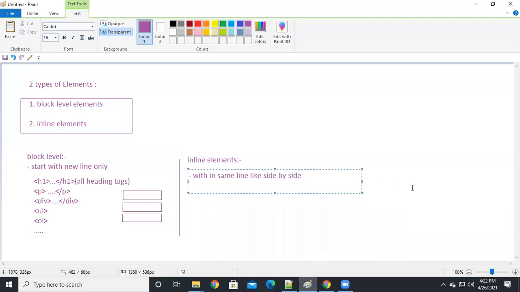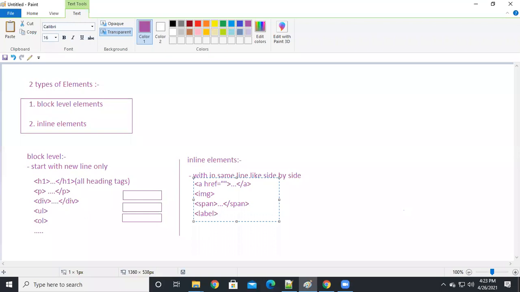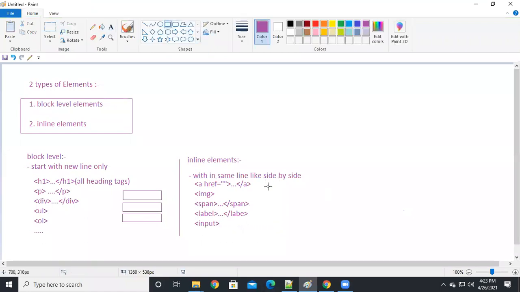Those elements are like the anchor tag, image tag, span element, label element, and input. These all are inline elements. They are going to display within the same line side by side like this. The next one will take some space and start like this. These all are inline elements, guys.